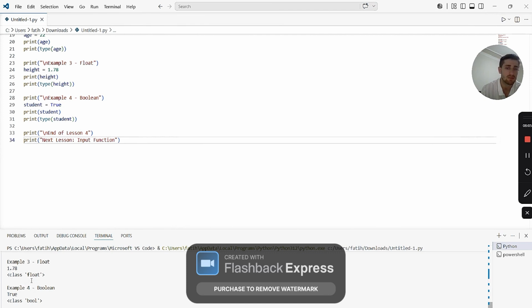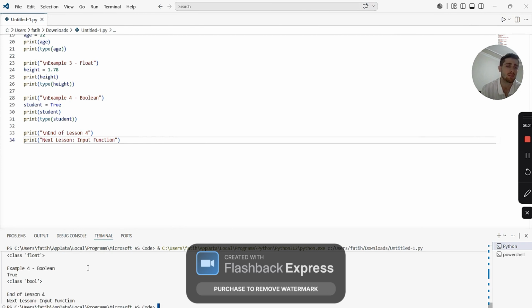Python says this is a float. And True is the boolean value, class bool. Python says this is a boolean.